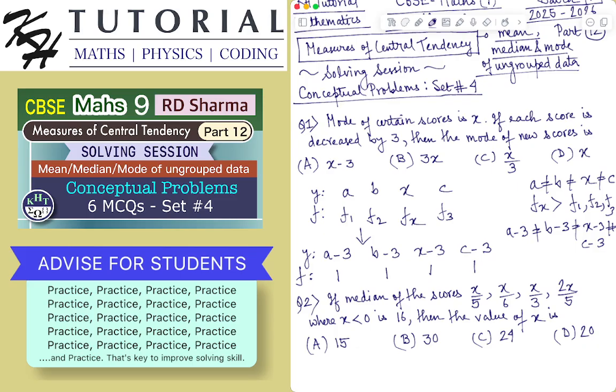For mode to exist, at least one frequency has to be greater than 1. Now in this problem, a, b, x and c are all different numbers. So quite obviously a minus 3, b minus 3, x minus 3 and c minus 3 will also be different. If each score is decreased by 3, then in the new scores, a minus 3, b minus 3, x minus 3 and c minus 3 will definitely be different, but